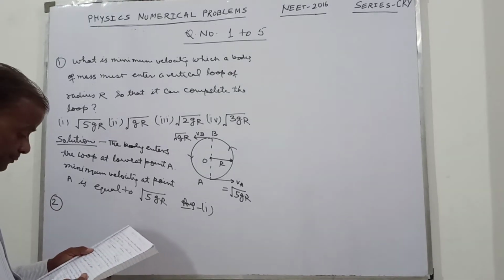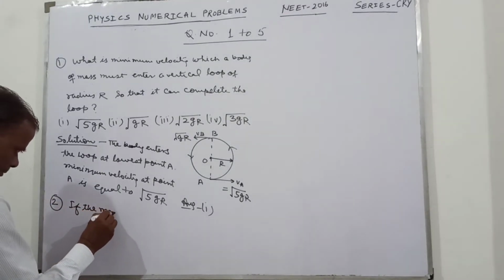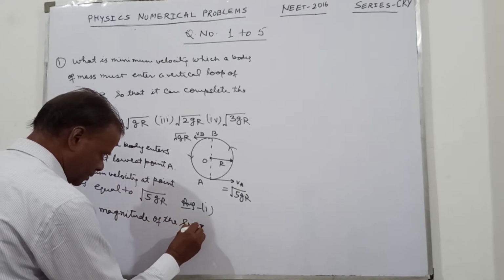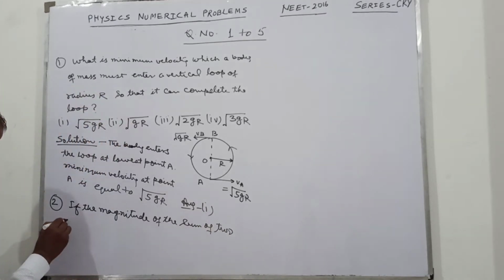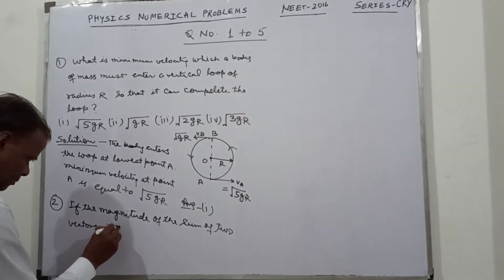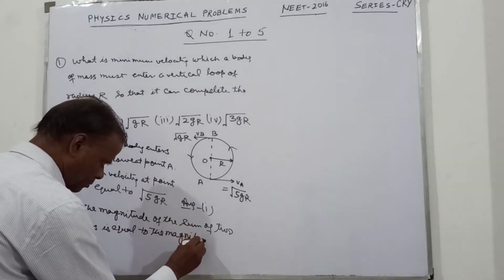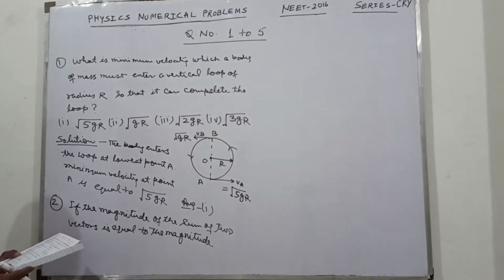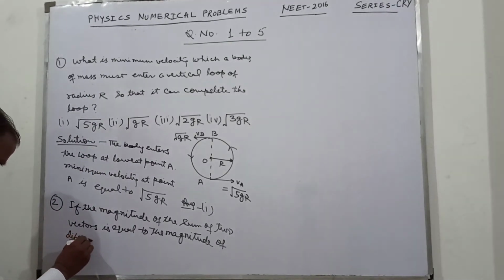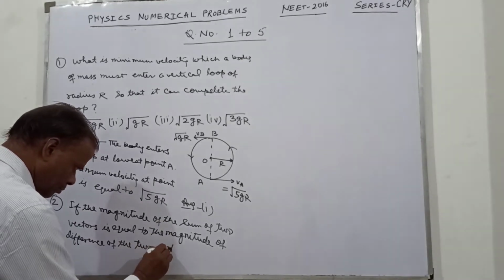Now question number 2. If the magnitude of the sum of two vectors is equal to the magnitude of the difference of the two vectors,